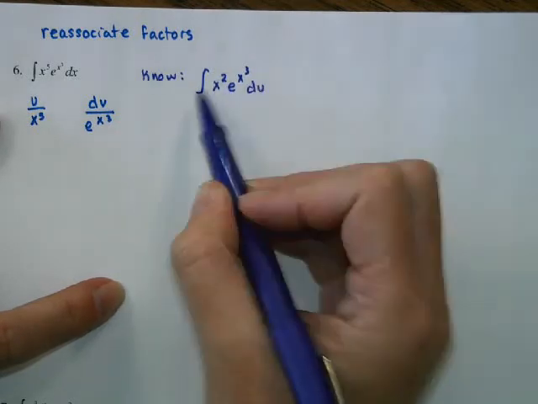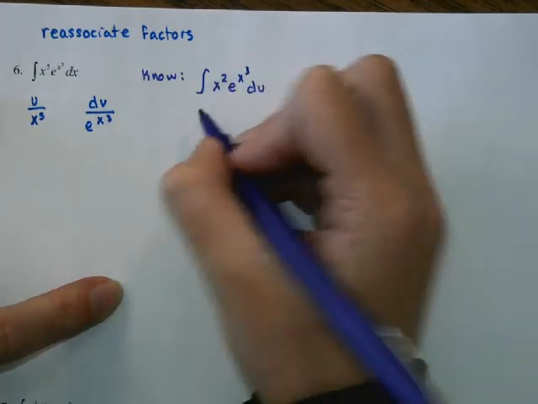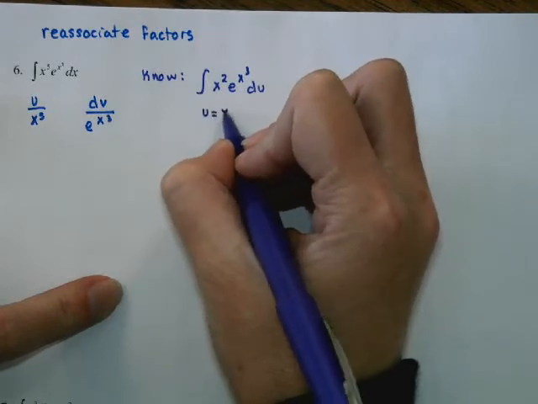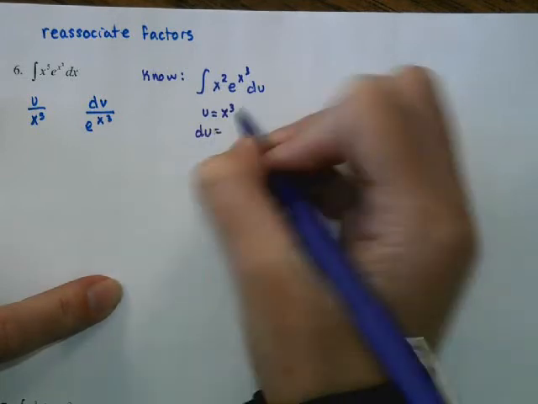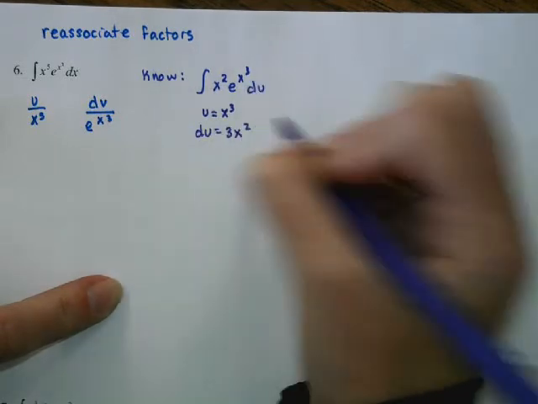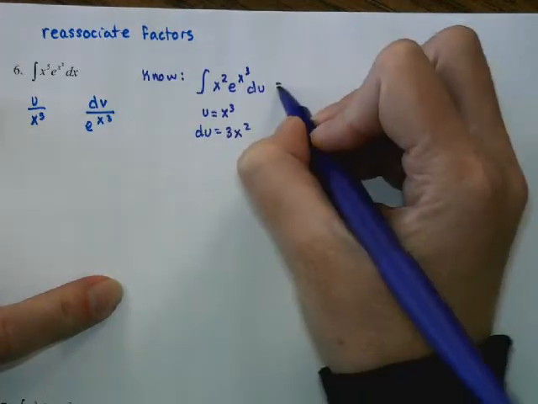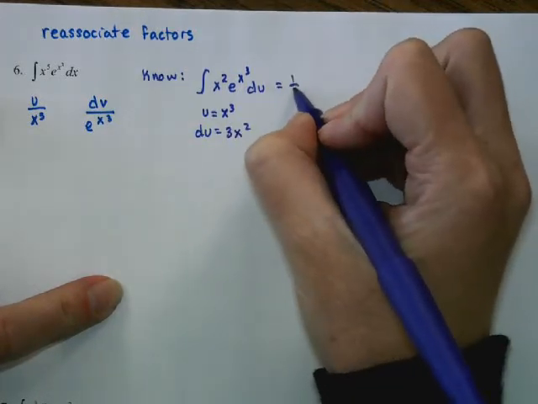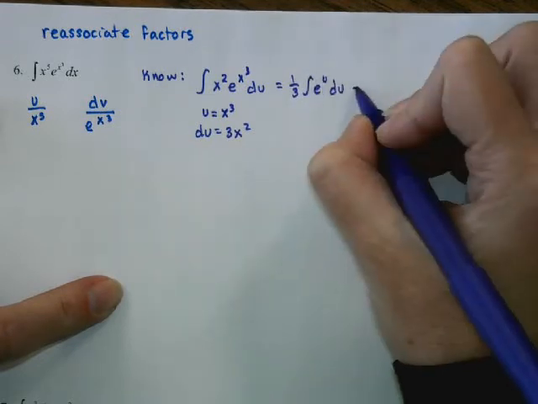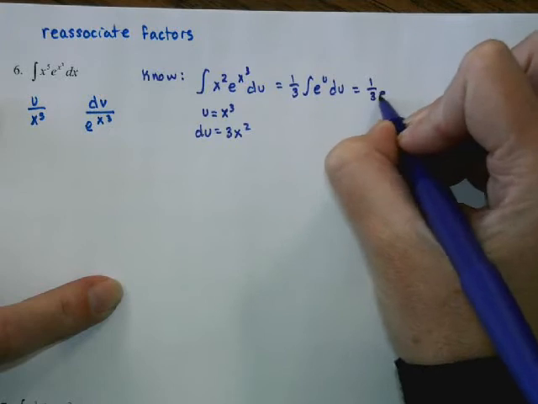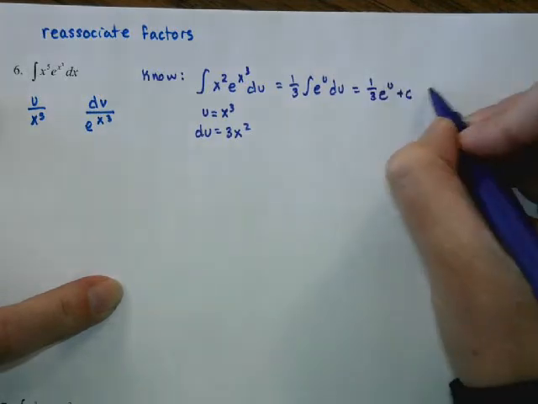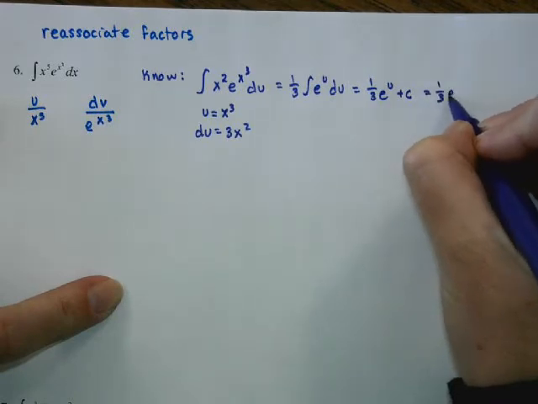So let's say I do this integral, which means I'm going to do a u substitution, where u would be x cubed, du would be 3x squared. So then this integral would be 1/3 the integral of e to the u du, which would be 1/3 e to the u plus c,